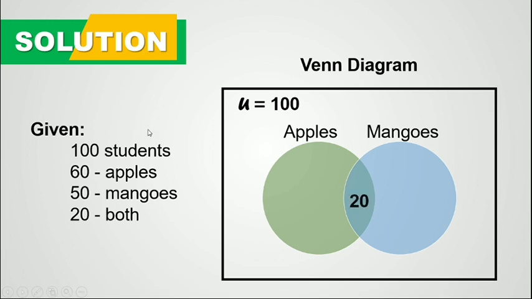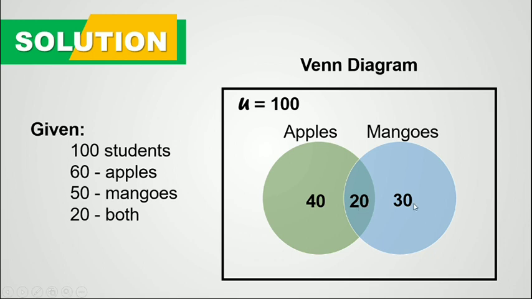So let's start at their intersection. 20 of them like both, so 20 goes in the middle, in their intersection. And then mango, 50, so that's 30 left here because 20 plus 30 is 50. And then for the set of students who like apples, there's already 20, so the remaining part is 40 because 60 minus 20 is 40. So we put 40 here. And then if we add them all, 40 plus 20, that's 60, plus 30,